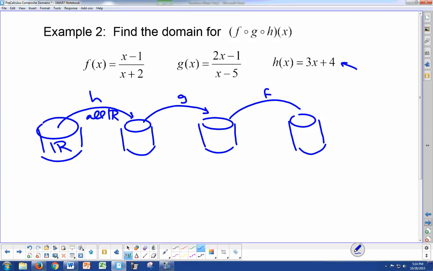So if this is the case, from the real bucket, all reals are okay for h because that is a linear function. This will be h of x. The g function, we see that h of x cannot equal the number 5. So we're going to start right there. Our domain,